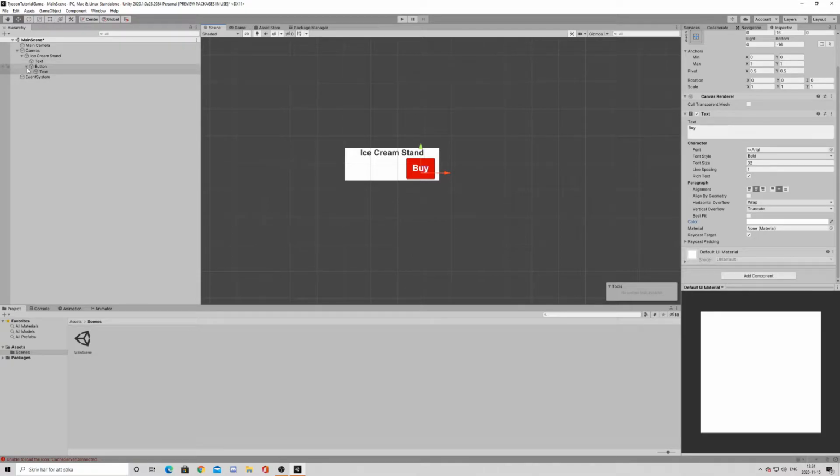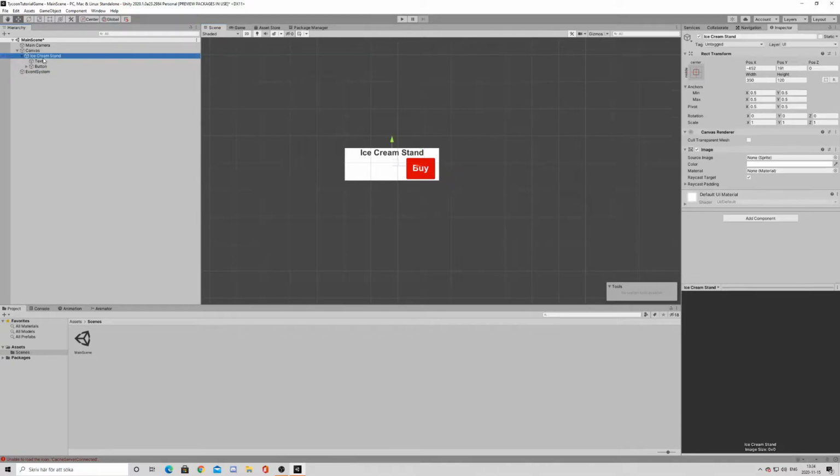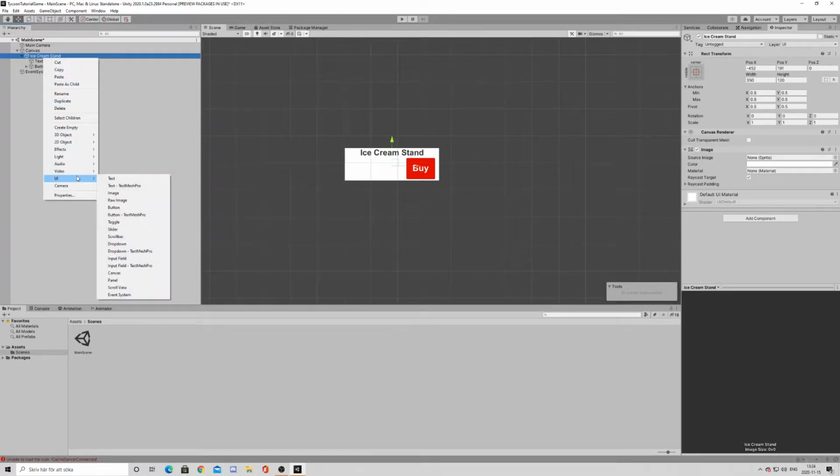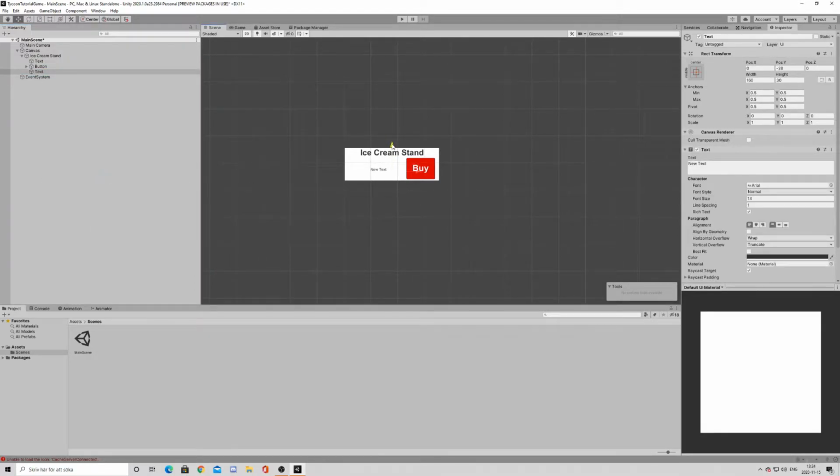Then we're going to add another text. So right click on ice cream stand and then add text. For now this is just going to be how many shops we have, so just scale it to however big you want, make sure it fits, and then I'm going to center it and put it in the middle of the box, and then I'm just going to put a 1 in here. And yeah, change the font again to like 20, no, like 28,